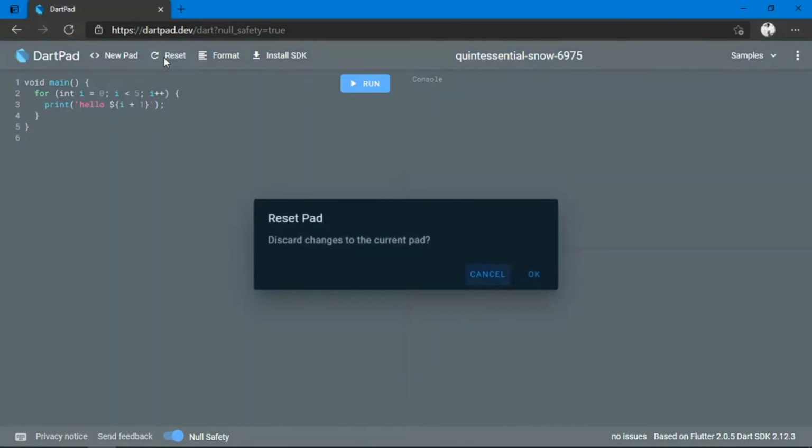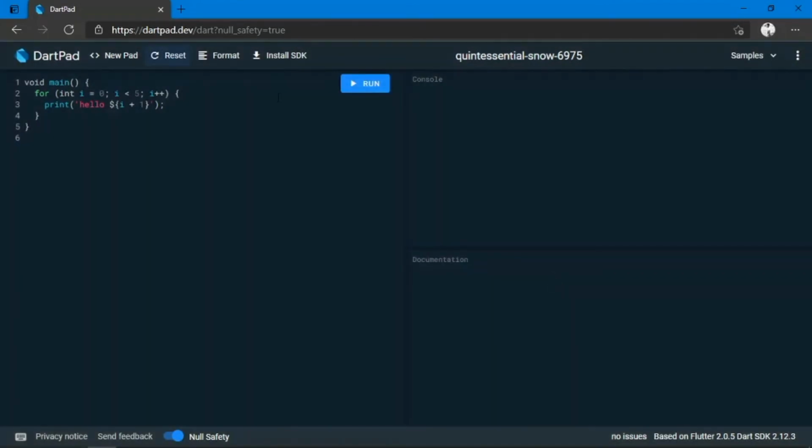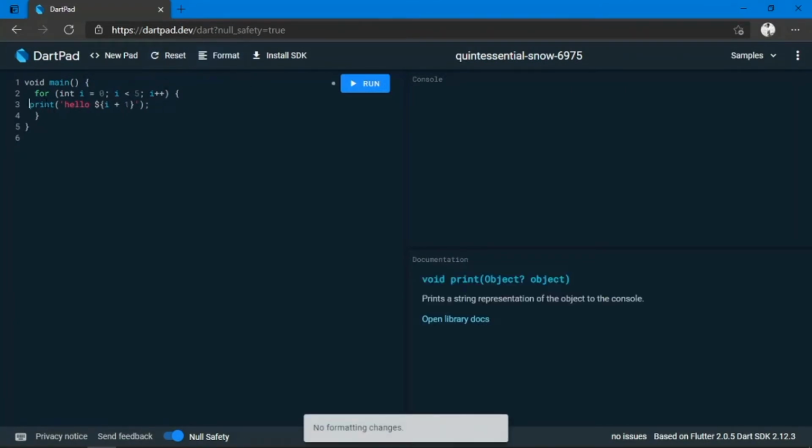Reset, if you want your code reset, just click on that, it will reset your code. Formatting, something like this one. If I click format, it formats like that. Okay, there is an install SDK button. You can install Flutter directly from here. So we will see it in the next lecture, but in this lecture we will try to learn some basics. Okay, so if I run this, what is written there? Void main, a main function.